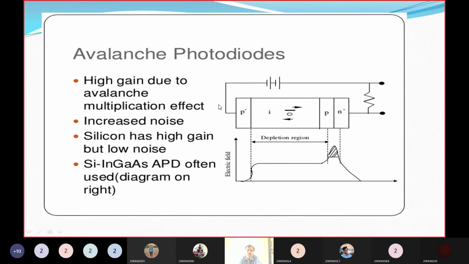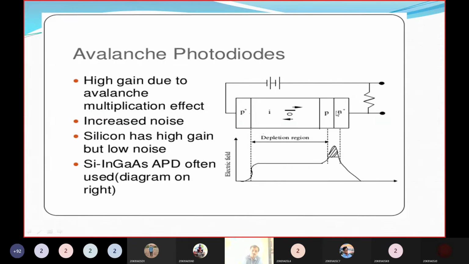Here high gain is due to the avalanche multiplication effect. One more thing is that noise is increased. At the same time, the drawback is that noise is increased. For that, what we have to do is use silicon, which has high gain but low noise. If you use the silicon material as an intrinsic material, as well as